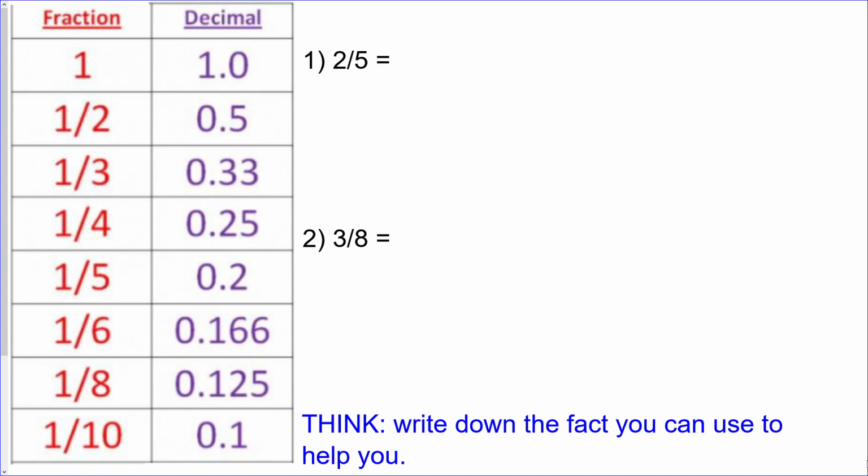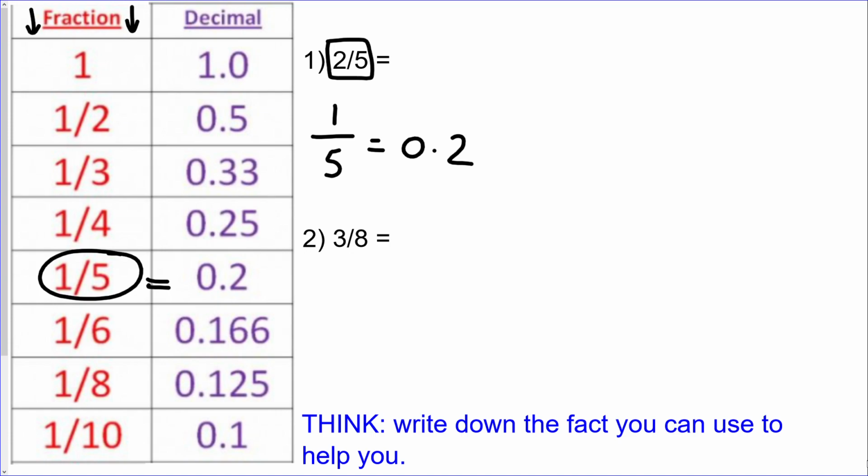We said we look at our learn by heart fact column and we try to find a fraction that we can link to the fraction in the question, and we always link through the denominator. So can we see a fraction in this column here that has the same denominator as 2/5? And we should all have been able to see 1/5 in this column. Now, because we should know our learn by heart facts automatically, we know that 1/5 is equal to